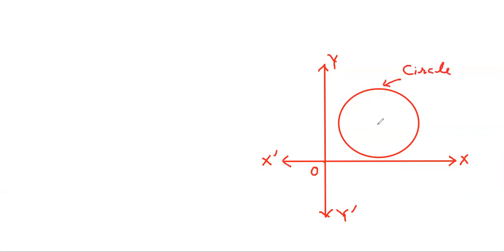So this circle has some values. This is the center, the midpoint. From the center to any point on the circle, take here any point on the circle, x comma y. From this point to the center, the distance is constant, and this distance is known as the radius. I denote the center by C, the symbol for the center. So the distance CP equals R.